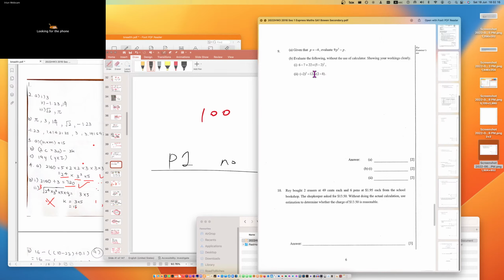So I think we have a very good lesson today. We have covered a lot of ground and a lot of topics, especially the without calculator, and the coefficient, and then the common mistakes. So you have to make sure that you don't make those mistakes. Okay? Thanks. So next week, similar